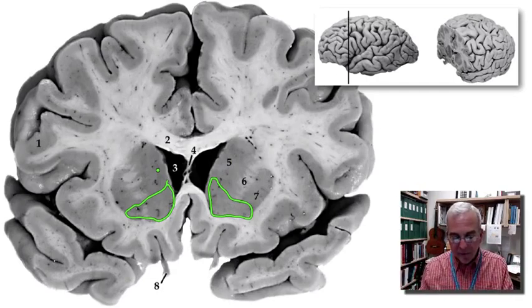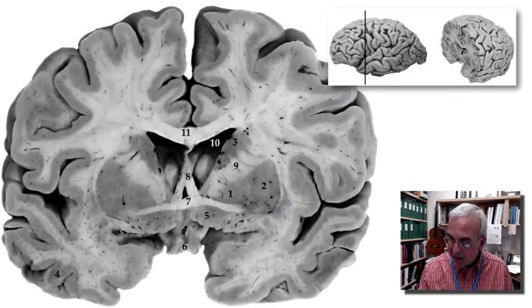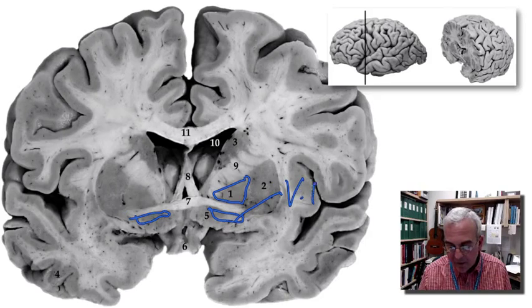The nucleus accumbens sends inputs into the ventral pallidum, and I recognize this triangular region as the globus pallidus. The ventral pallidum begins to take shape just underneath this anterior commissure and extends posteriorly just a little bit. So this is the region that we would call the ventral pallidum, and the ventral pallidum provides the output from